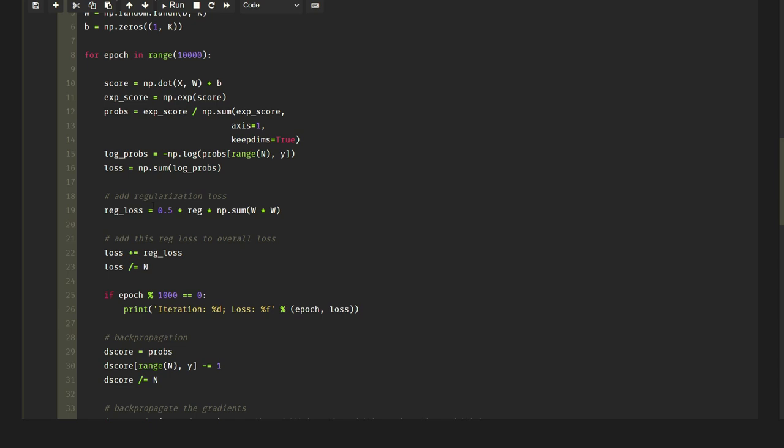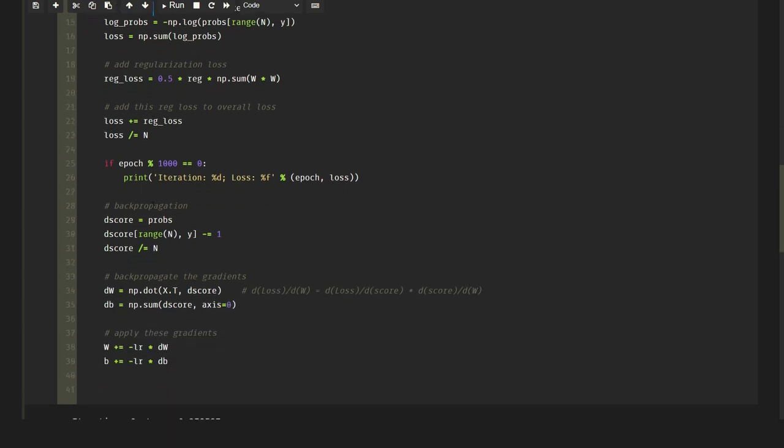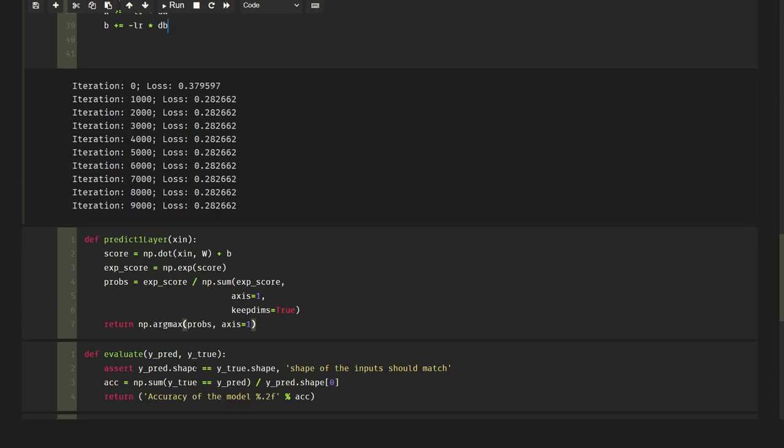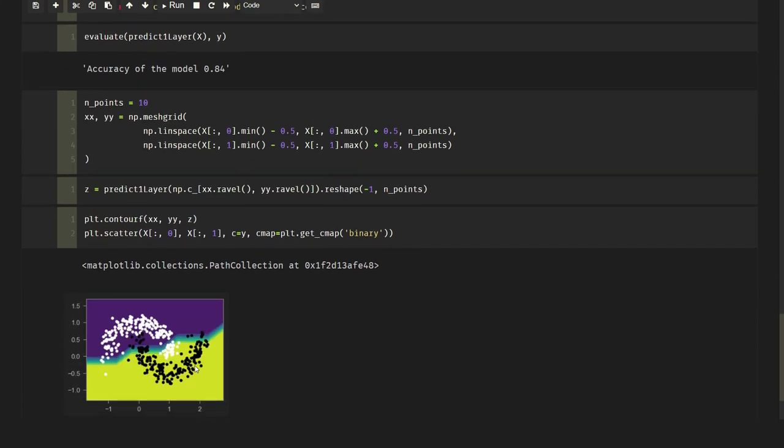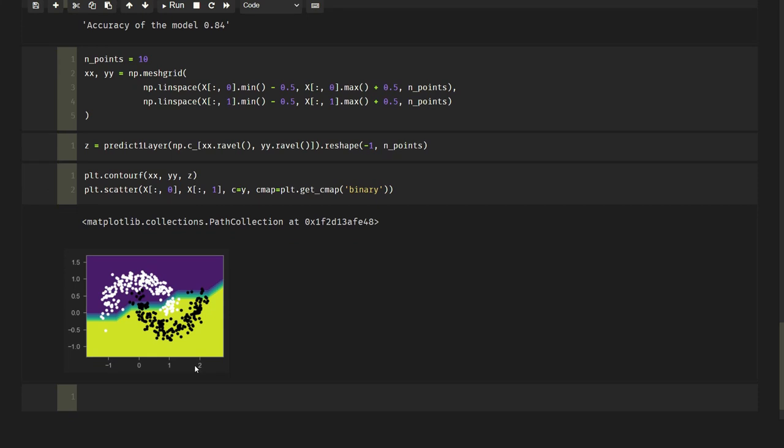Then there was some regularization loss added, and then we backpropagated all these gradients through these layers, that is the softmax layer, then the fully connected layer, and we optimized these weights by applying these gradients and using the parameters. That's how we optimized these weights. Once the training was over, we generated some random points in the same space and used the model to classify them. And then we saw how we are able to use the model to classify these two different data sets